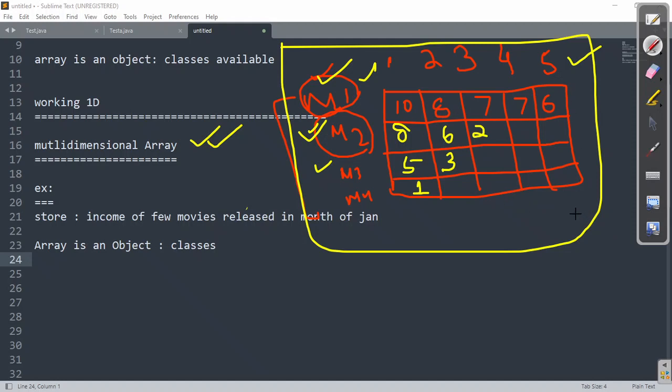And you can see this particular array is basically of 4 rows and 5 columns. We have 0, 1, 2, 3 rows. Sorry, this is 4 cross 5. We have 4 rows and 5 columns, right? So the total 20 values we can store. So a double dimension array is what my requirement is.